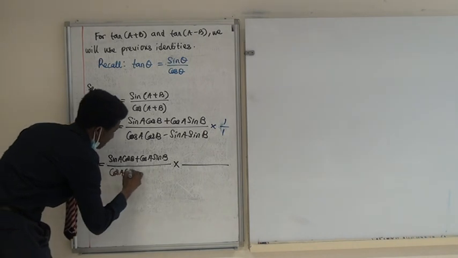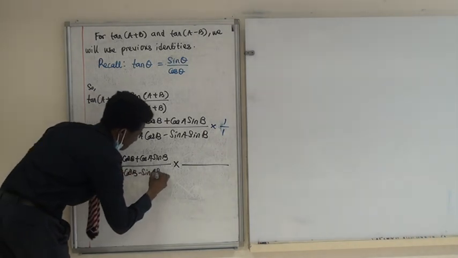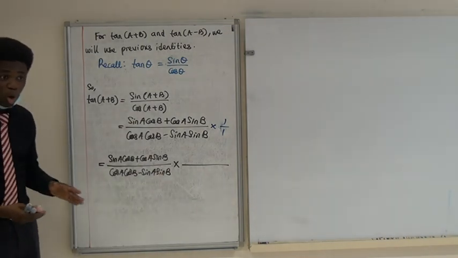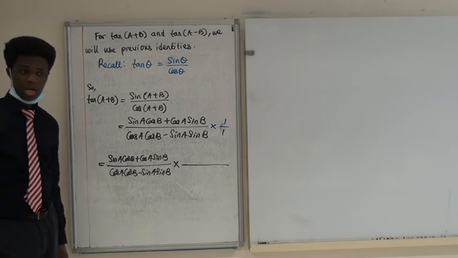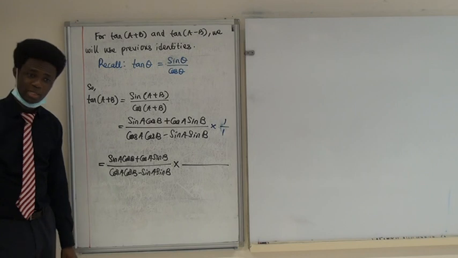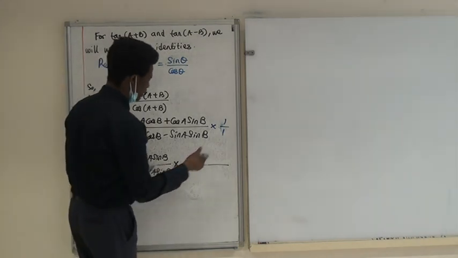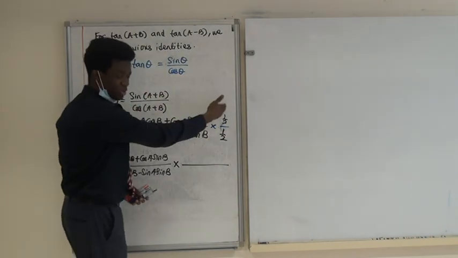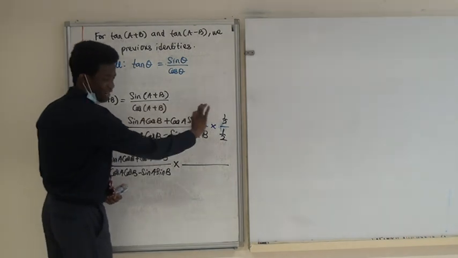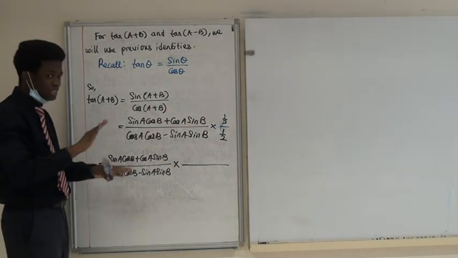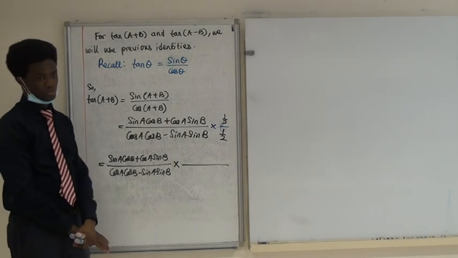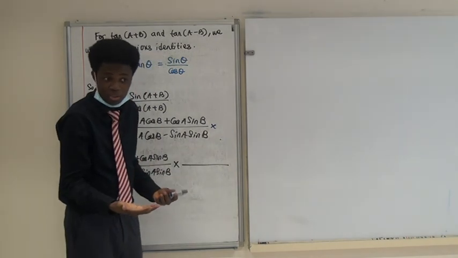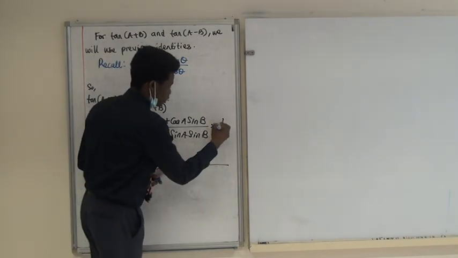Because the intention is to get tan. To get tan, I need to divide all my sine by cos. And I want to divide without dividing by both sides. So to divide, I'm going to pretend I'm multiplying by 1 over 2 and by 1 over 2. So it's more or less multiplying by 1 so that I can systematically divide everything here by 2 and everything here by 2 without going against any mathematics principle. Understand? So that's the idea. And of course, 1/2 divided by 1/2 is 1. So that's the point. That's why I said if you multiply